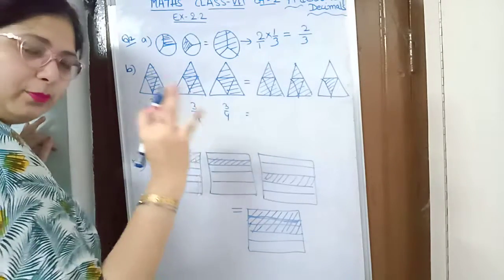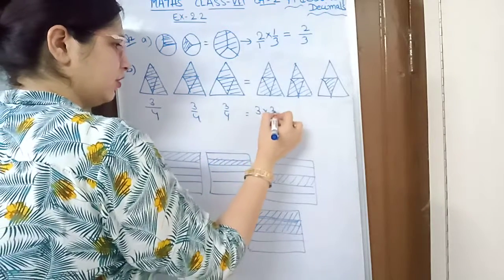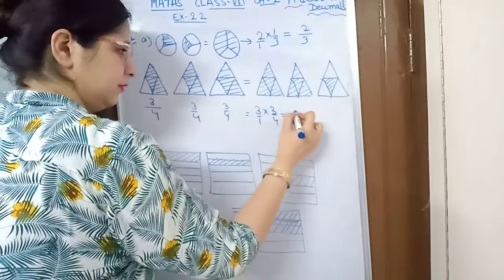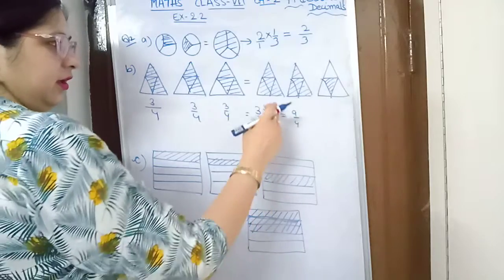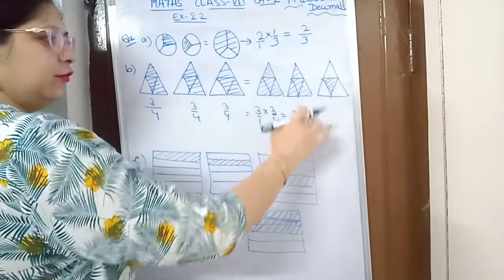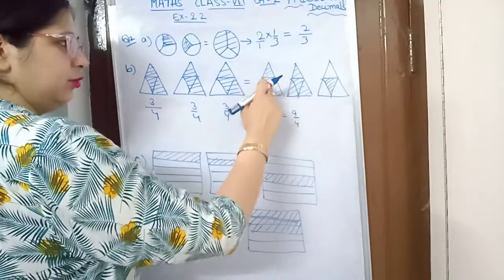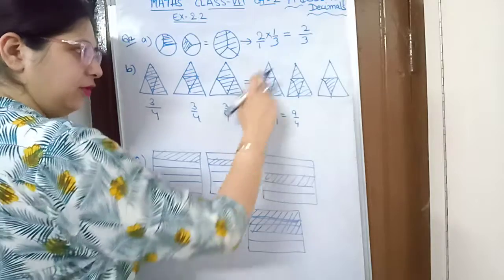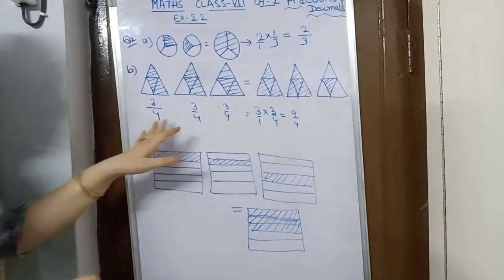3 figures are there. All the 3 are having same fraction. So 3 multiplied by fraction 3 by 4. So answer will be 3 3s are 9 and 1 into 4 is 4. Okay, so they are saying all the figures are divided into 4 parts, and out of 4, 9 parts are shaded. Okay, 1 2 3 4 5 6 7 8 9. The 9 parts are shaded, and out of 4, 9 upon 4 is the fraction. Okay, this is the answer.